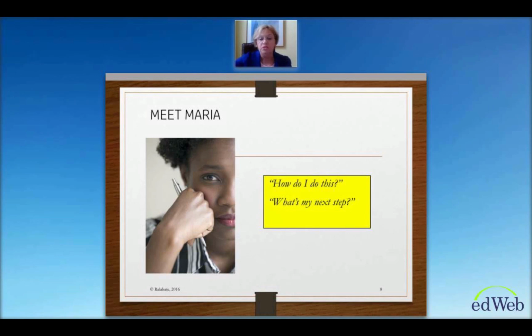These are the kinds of questions that I heard a lot while I was working for CAST as the Director of Implementation. I conducted many workshops with my colleagues there that explained what UDL was. But toward the end of the workshops, inevitably, someone would say, okay, I get it, just like Maria did, but now how do I do it? And I realized that we needed to provide people with some idea of how to actually apply UDL to their lesson planning structures. And that's why I wrote,